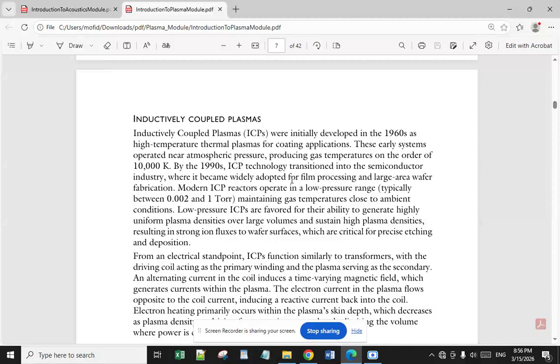Modern ICP reactors operate in a low pressure range, typically between 0.002 and 1 torr, maintaining gas temperature close to the ambient conditions. Low pressure ICPs are favored for their ability to generate highly uniform plasma densities over large volumes and sustain high plasma densities, resulting in strong ion fluxes to wafer surfaces, which are critical for precise etching and